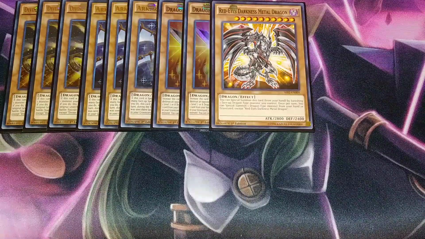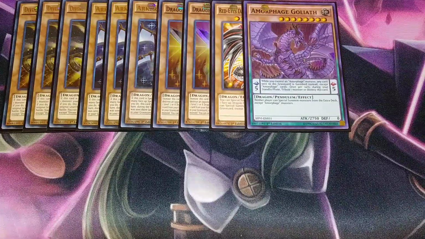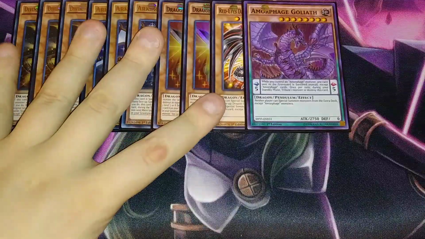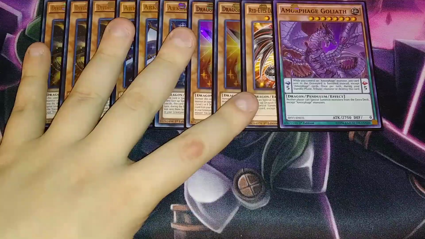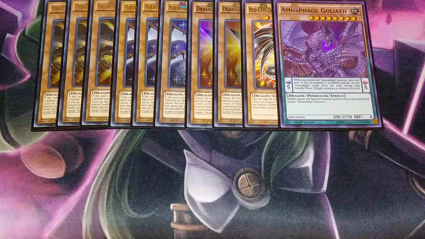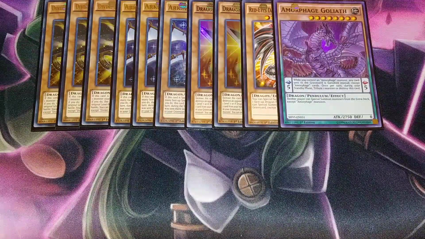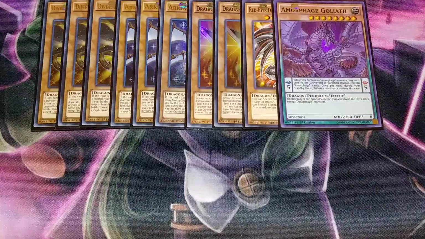We then play a single copy of Amorphage Goliath. Goliath is really easy to summon in this deck because you have so many different ways to summon it back with your copy of Archbrave, and ways to send it to the grave with your copy of Foolish Burial or your copies of Dragon Shrine. To be able to just bring it back onto your side of the field is really easy, and